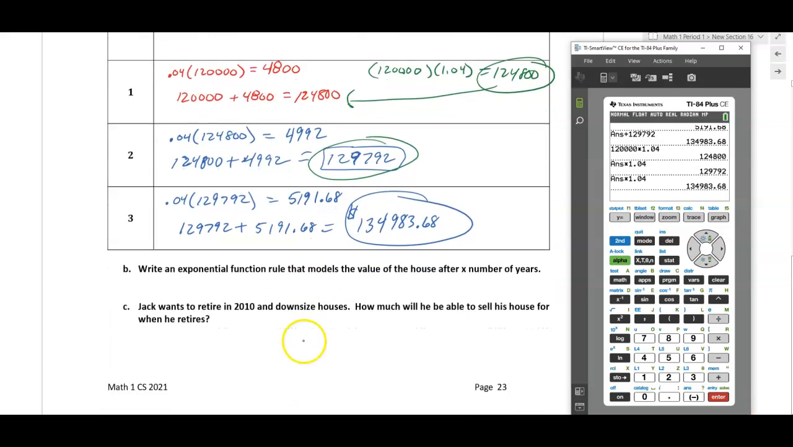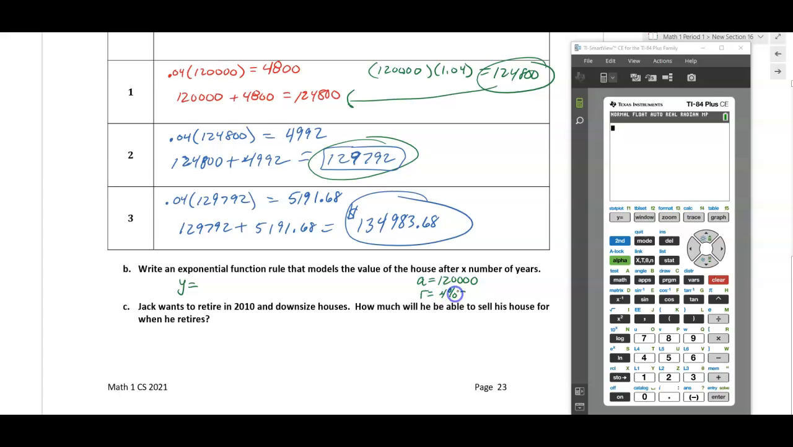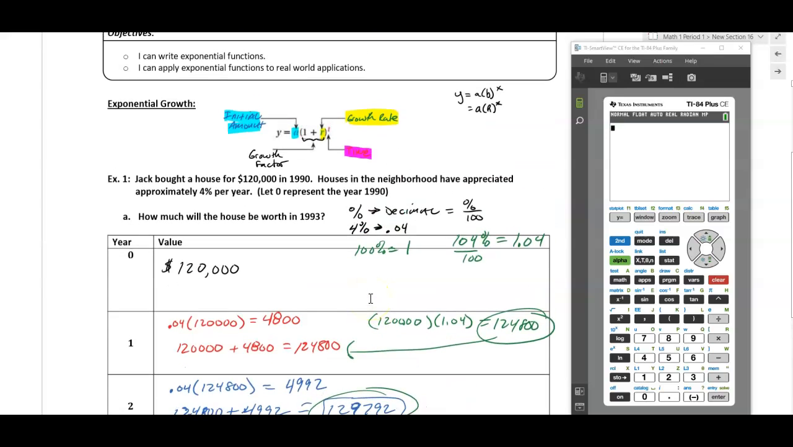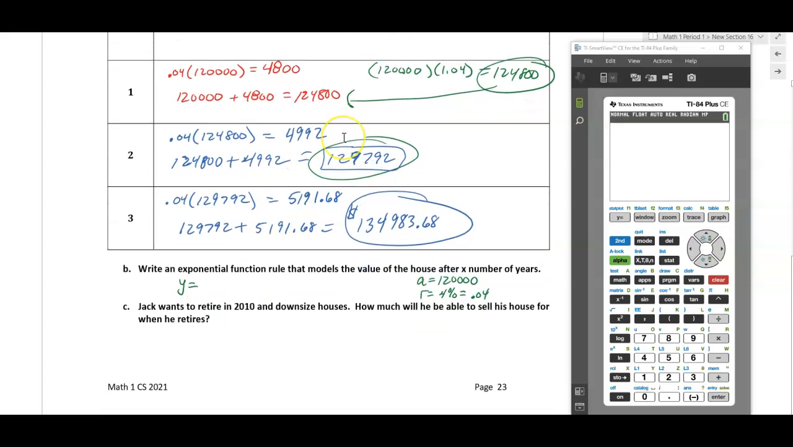So now, can we come up with an exponential function that models this? Well, here's the thing. If I look at this and I say y equals, you have to know that A is your initial amount. And our initial amount here is 120,000. Our growth rate is 4% or 0.04. So if we go up to the top and we take this model, we know A and we know R. So now I'm going to fill that in, and I'm going to say y equals A, which is 120,000, times